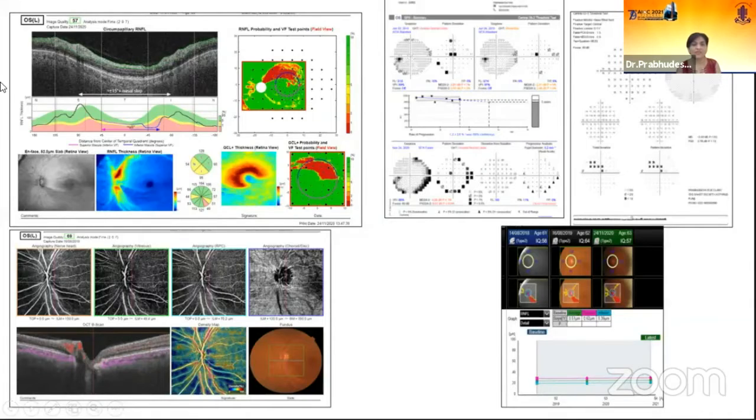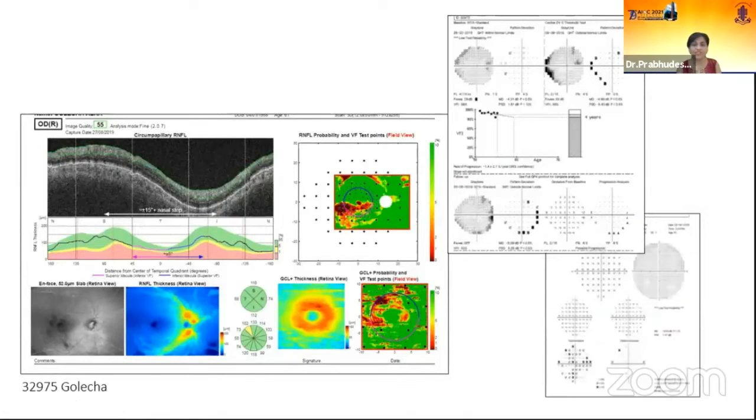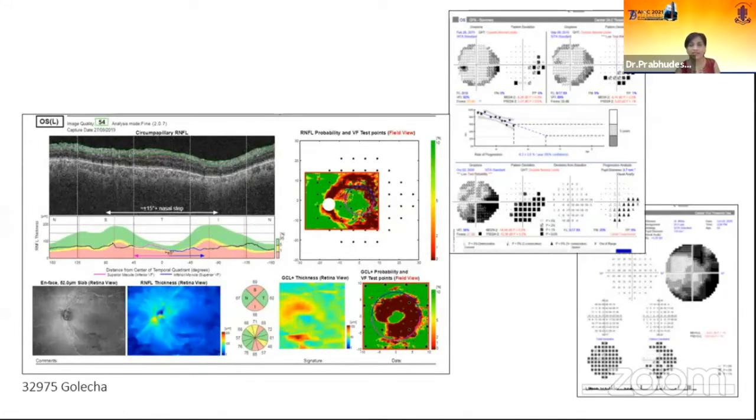So this is another patient of very poor compliance, and you can see on visual fields the GPA is progressing very fast in the left eye. Definitely that is advanced cupping in the left eye. Even the 10-2 is showing the same thing. And here on visual field we are seeing the same thing, that is, right eye and left eye more advanced, and it includes even the field loss in central 10 degrees.